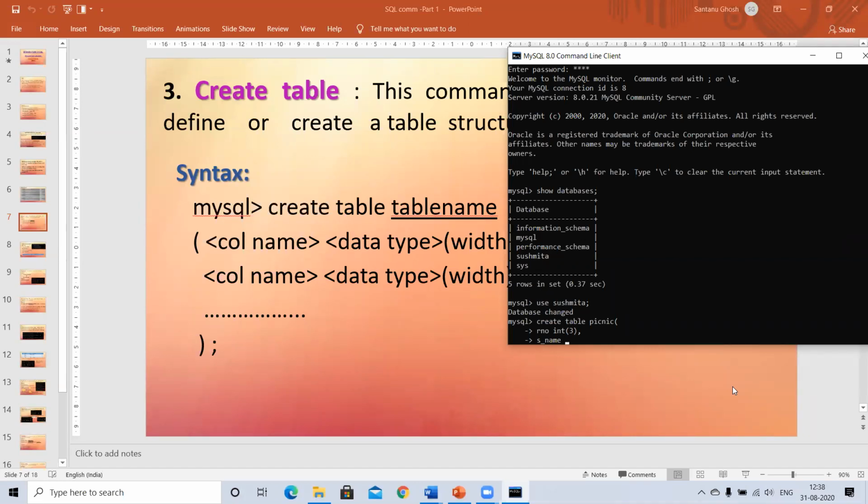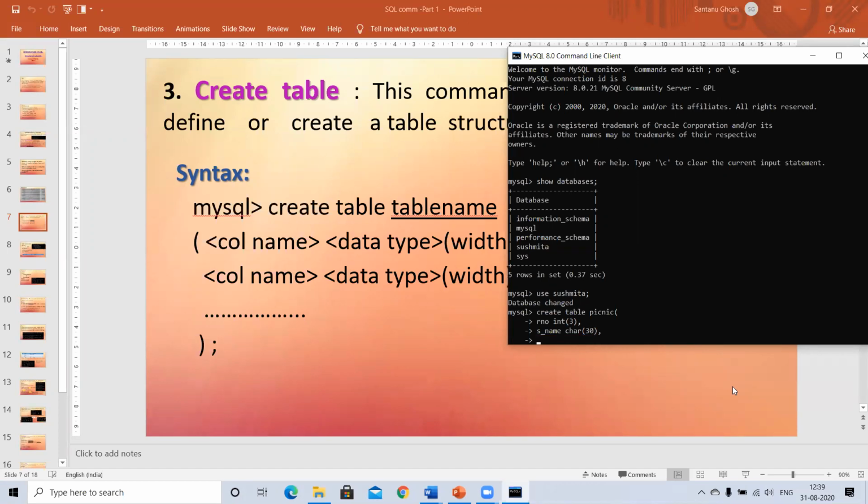So I go for either char or varchar. Preferably, I work with char currently because I don't understand what's the purpose of varchar. So I go for char. Maximum name can be 30 characters at the max. Every character is one alphabet. So name and surname is max to max 30 possible. Okay, comma. Next I said it should be amount paid.